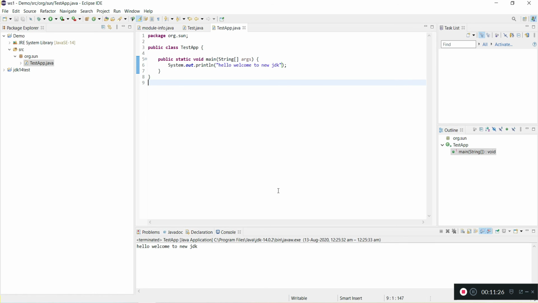So, a recap on what we have learned so far. We have learned how to install a new JDK version downloaded from the Oracle website. After installation, we have seen how to set the path. After that, we went to command prompt and were able to execute javac and java commands, and we have seen what versions got installed. After that, we went to Eclipse, which was not working due to unavailability of Java, and after installation, we were able to open Eclipse and run the Hello World application.